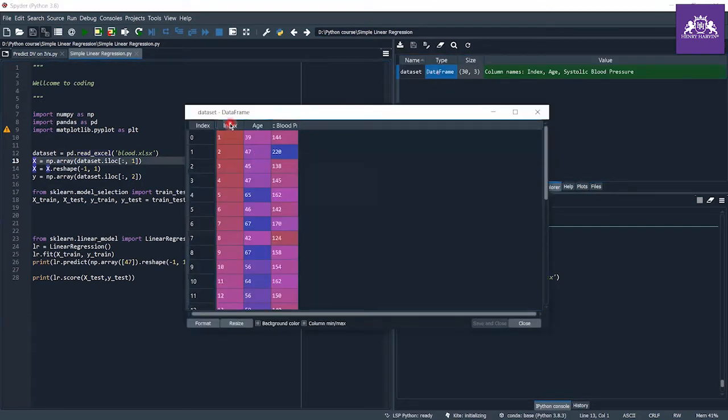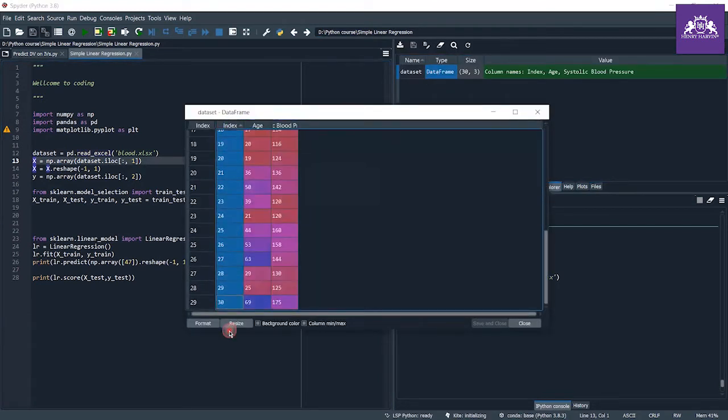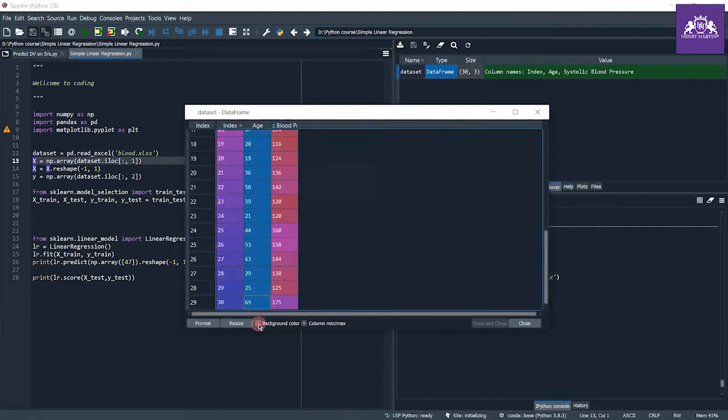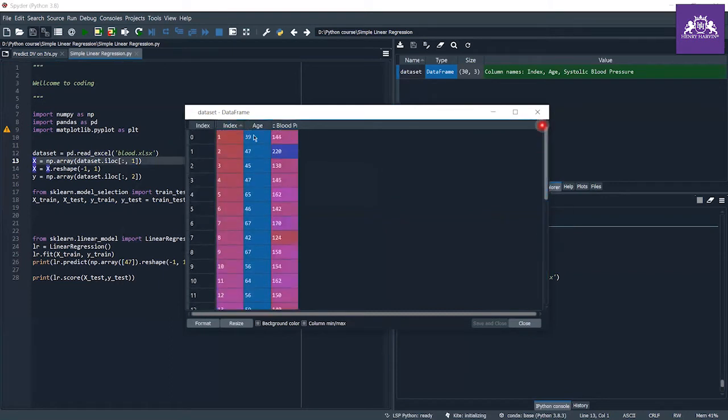As you can see, the index is nothing but the index values. Here I have two columns, age and blood pressure. According to the age, we have different blood pressure. So age is our independent variable and blood pressure is the dependent variable. According to age, we are going to predict the blood pressure for that age.